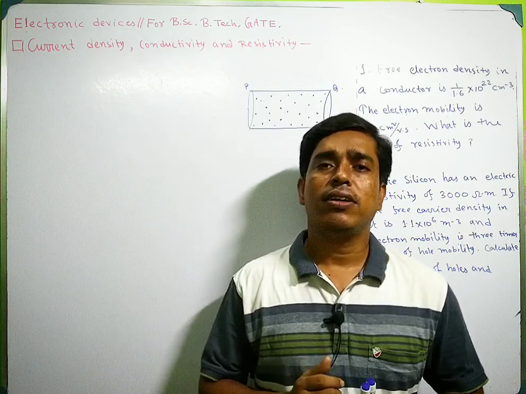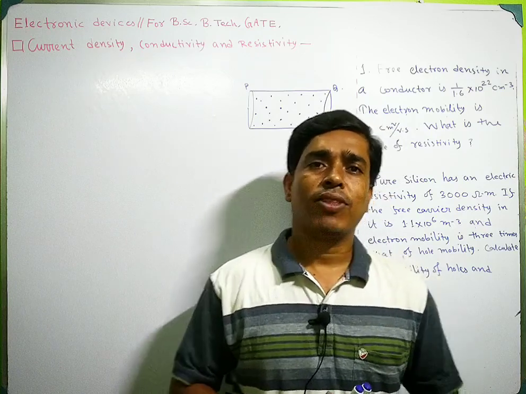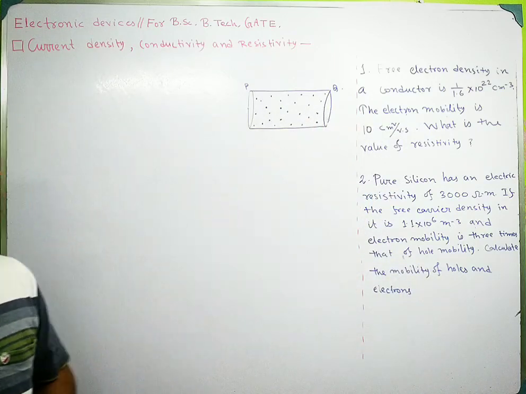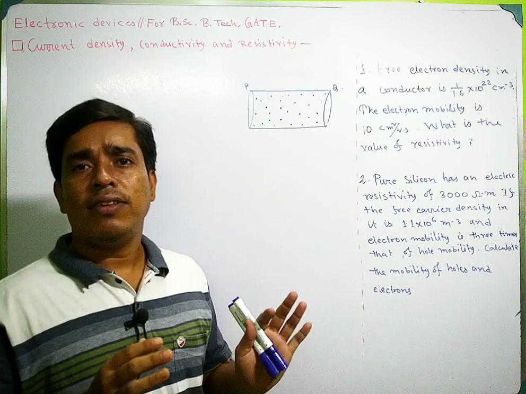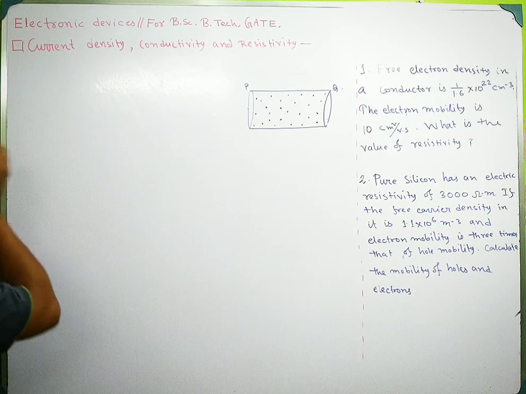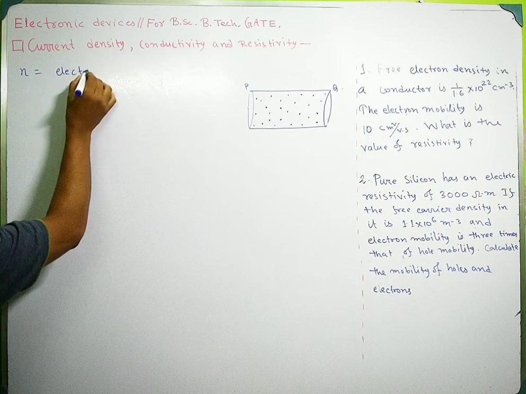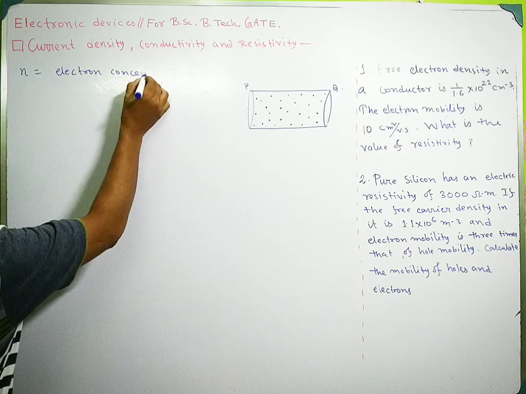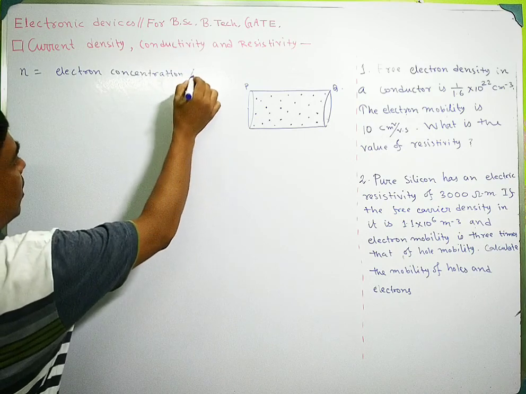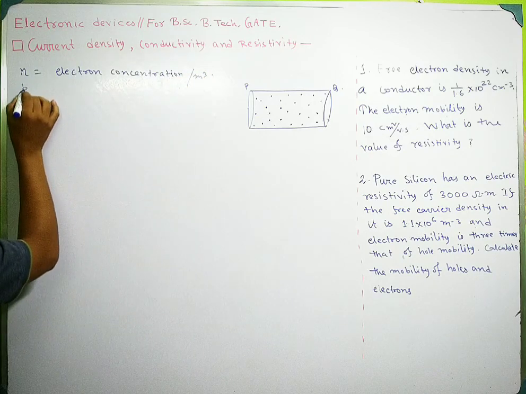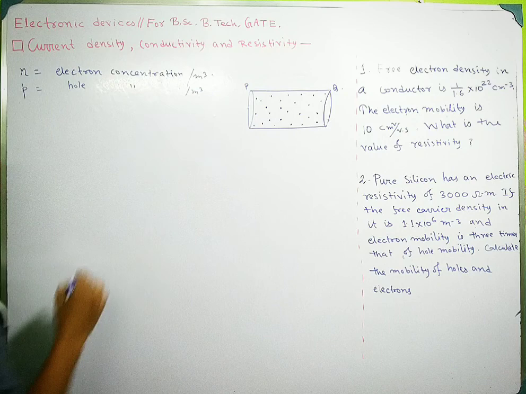Current density, conductivity and resistivity of a semiconductor. Suppose this is a semiconductor. This semiconductor contains holes as well as electrons. So suppose N is equal to electron concentration per meter cube, and P is equal to hole concentration, number of holes per meter cube,